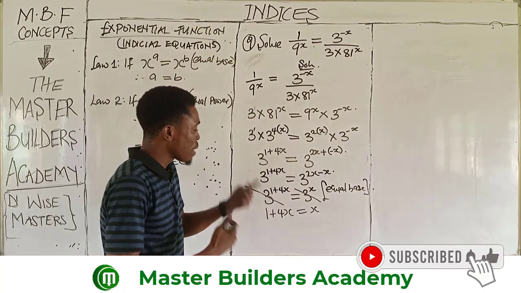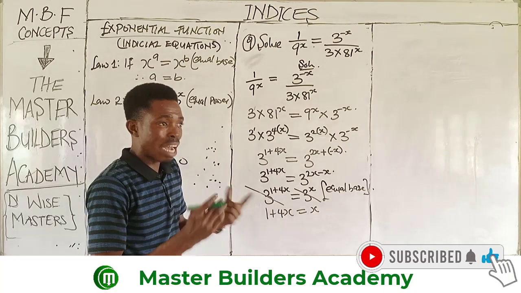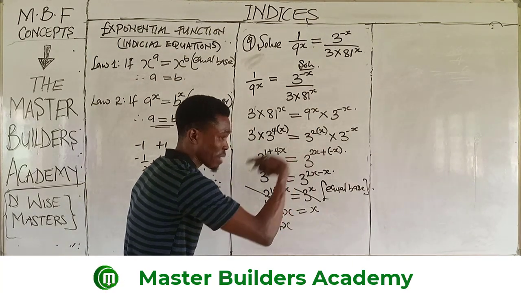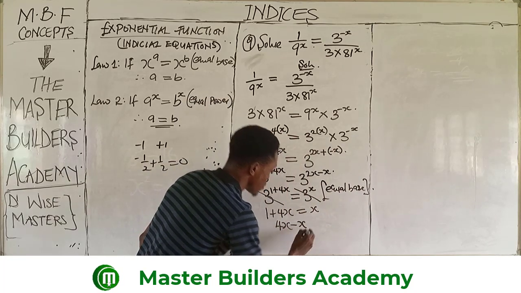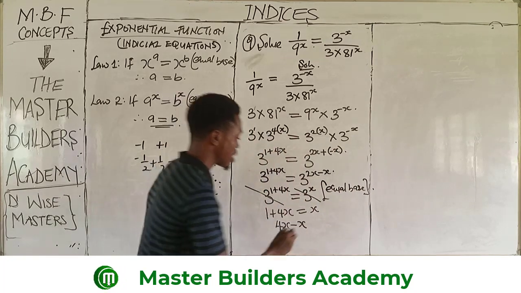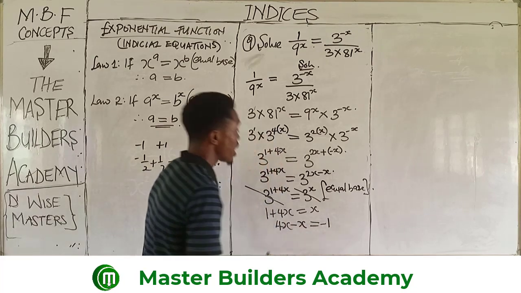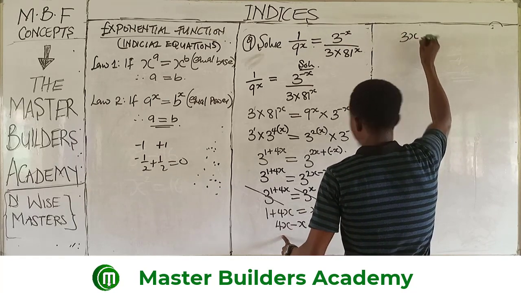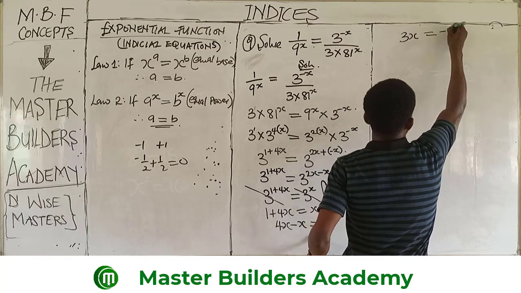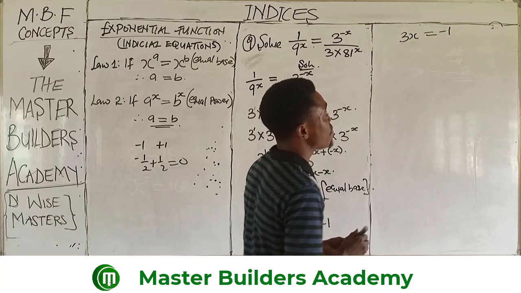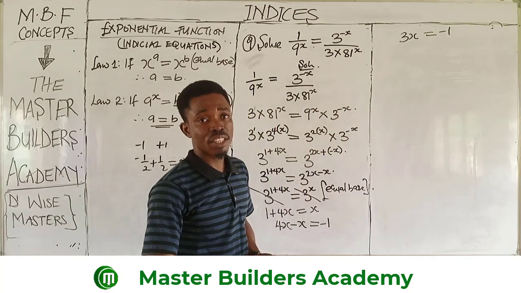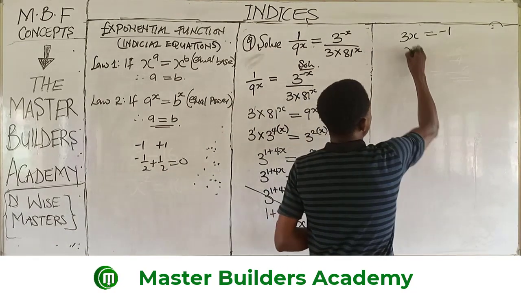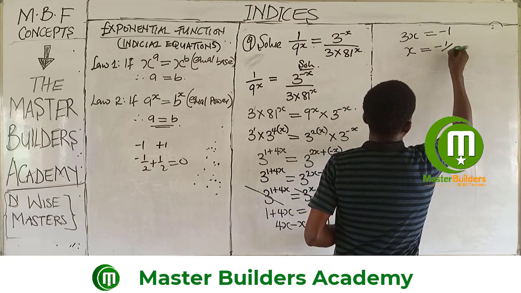So what we do? We simply make x the subject of formula. To have that done, we are going to have this as 4x. Now as minus x crosses from right to left, it becomes plus x. And as plus 1 crosses from left to right, it becomes minus 1. Here we have 4x plus 1x will give us 5x, which is equal to 2 minus 1. What do we do here? We simply divide both sides by the coefficient of x so that we can get 1 as the coefficient of x. Then, when we divide both sides by 5, we have